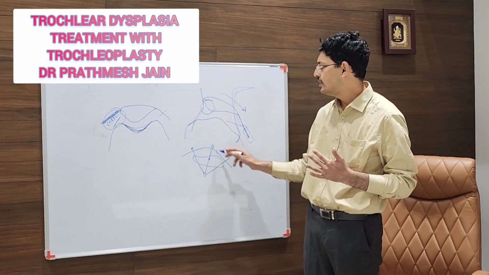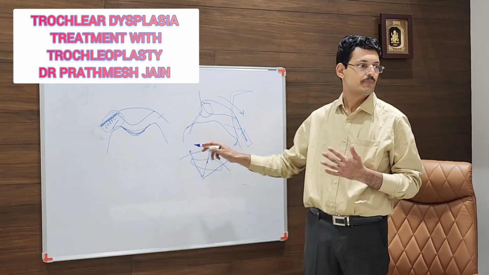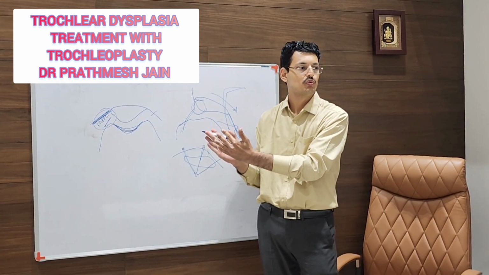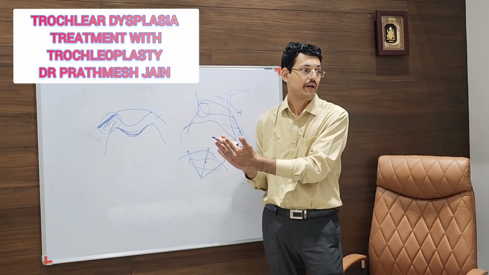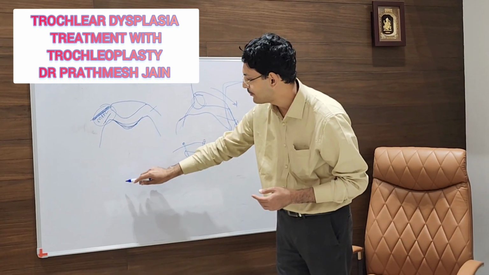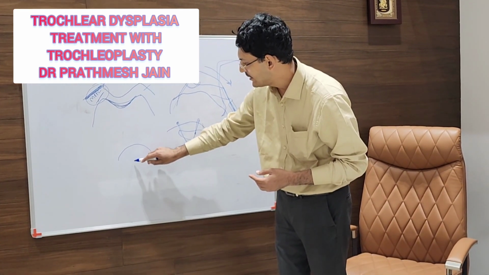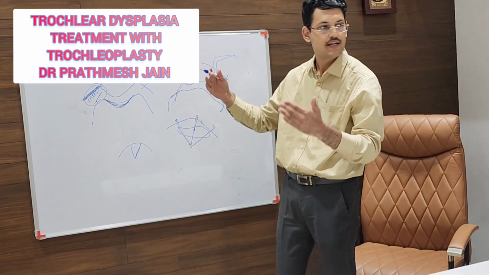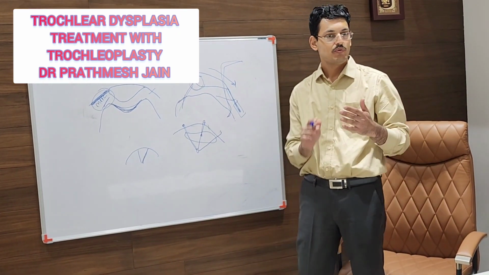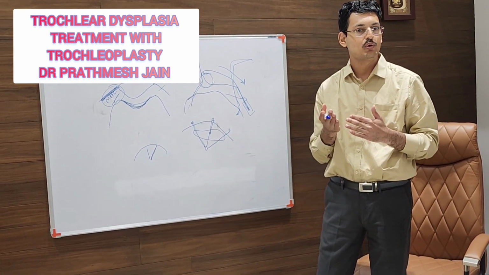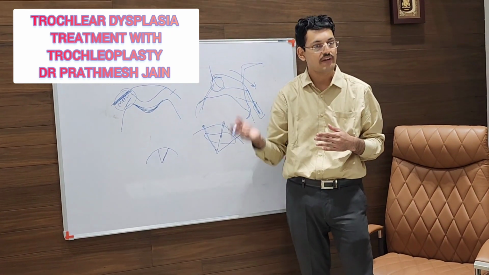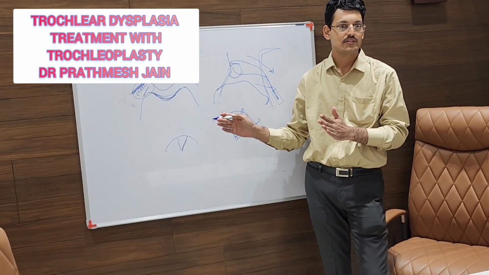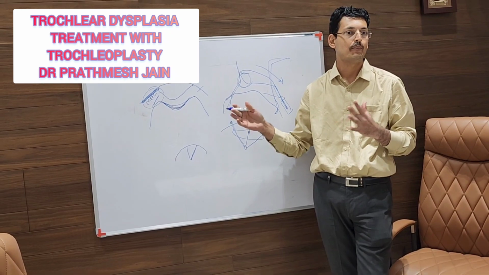Normally we use 3 to 4 anchors on the lateral aspect of the femur, and we usually tend to displace the groove a little bit to the lateral aspect. If the initial groove is like this, we will displace the groove like this on the lateral aspect so that the patella is easily shifted. So we shift the groove laterally, deepen it, and try to make the convex groove concave. That is basically the philosophy of trochleoplasty.